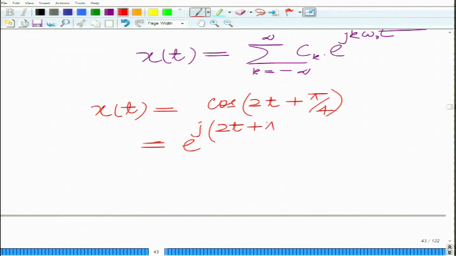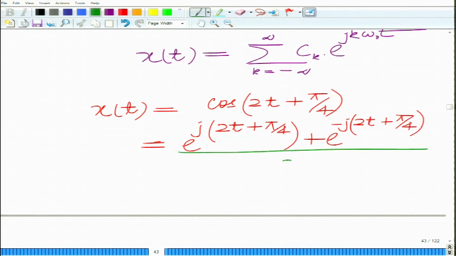So, this is e raised to j 2 t plus pi by 4 plus e raised to minus j 2 t plus pi by 4, divided by 2,